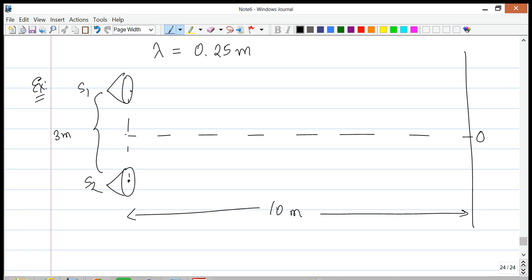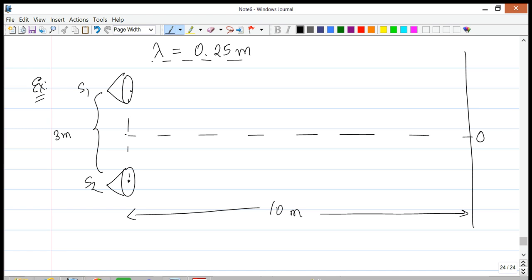Okay, let us apply all the stuff that we learned in the previous video to this problem. So let's say that you have two sources of sound, S1 and S2, separated by a distance of 3 meters. There is a screen where we're going to have the detector, placed 10 meters from the source of the sound. By the way, the wavelength of the sound that the speakers emit is 0.25